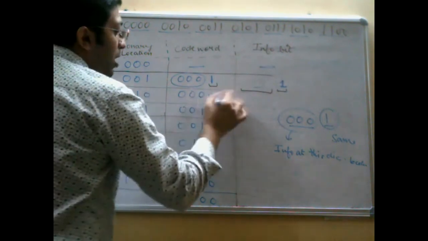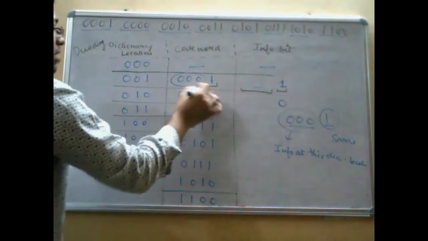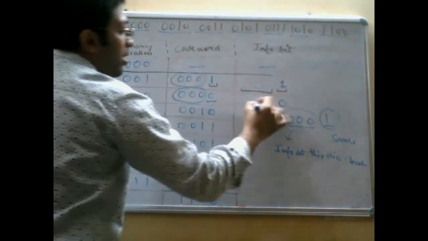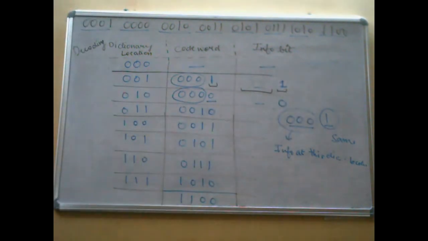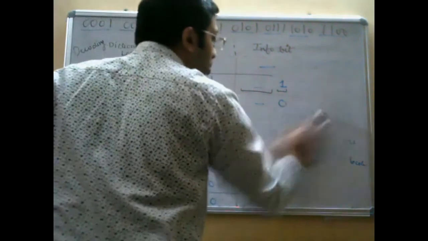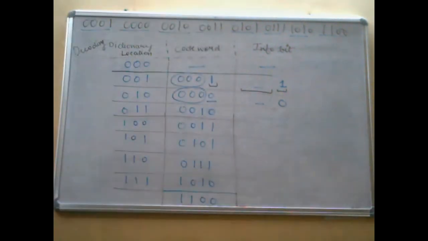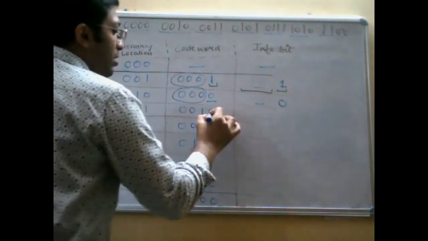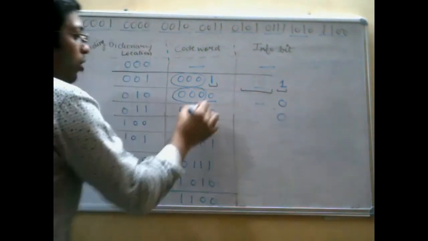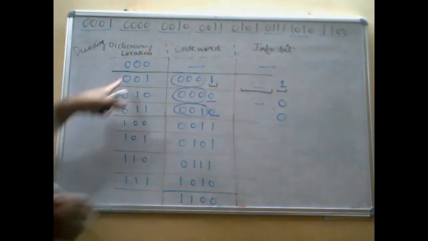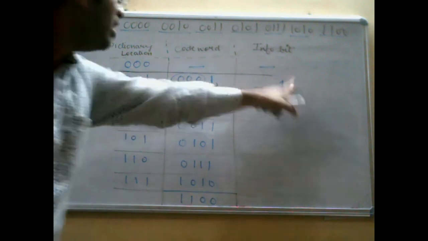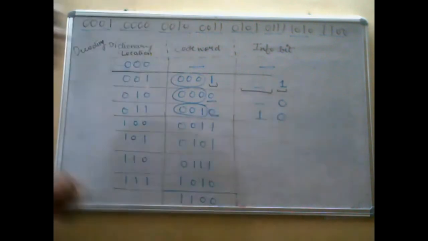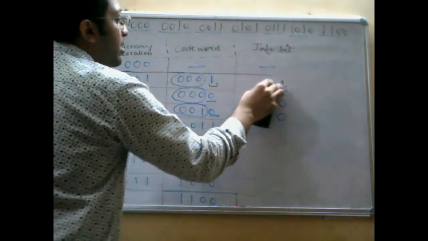Now see for this. 0 will be passed as such. What is the information content at 000? It is again empty. It is 1 and 0 only. That was the information content initially, if you remember. Okay, you can check it. Now, for the remaining parts, let us do it. This 0 will remain as such. Now, for 001, what is the information content? It is 1. This 1 will be passed over here, because in front of this it is empty. Empty means it is nothing.